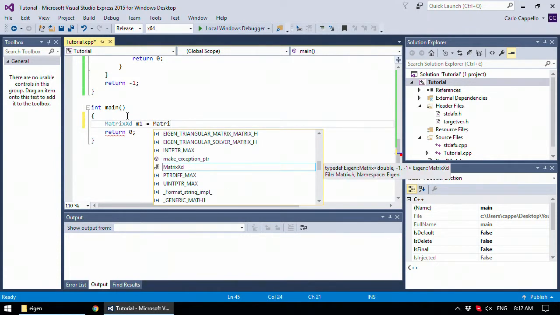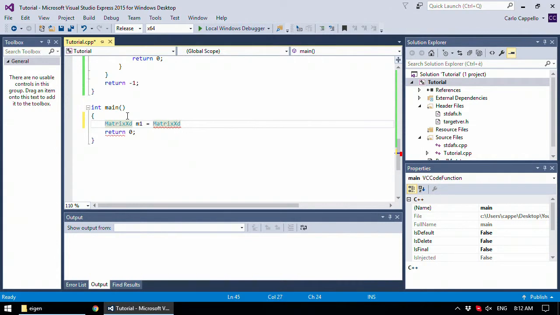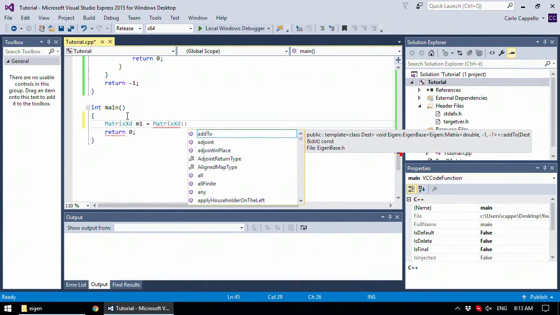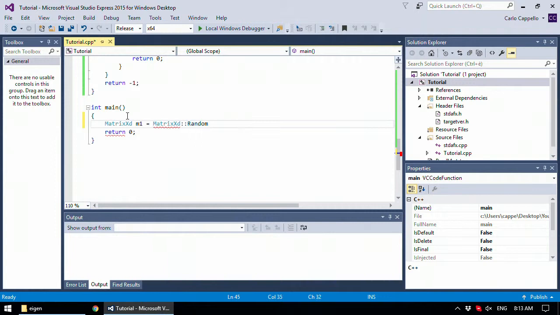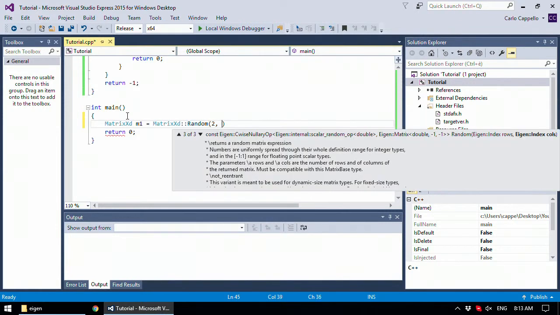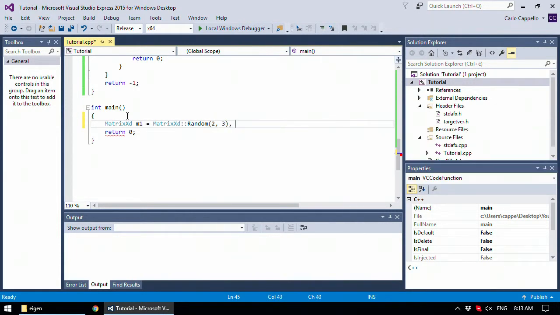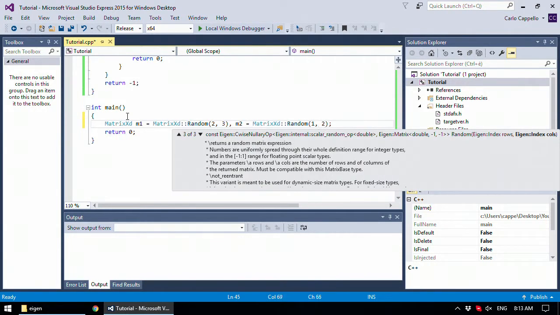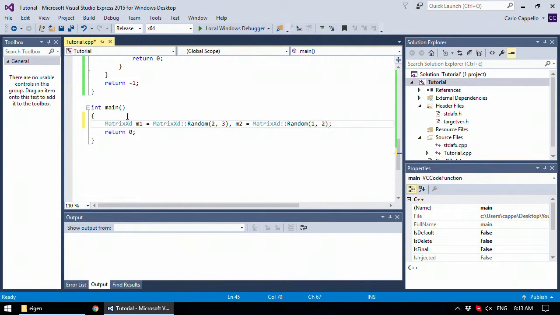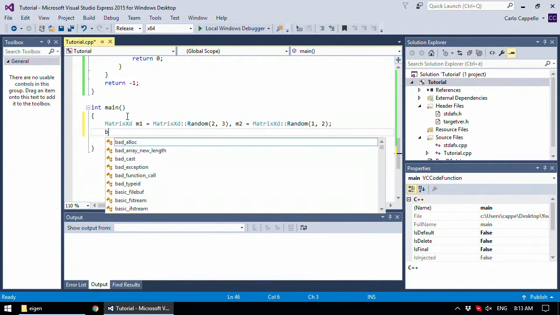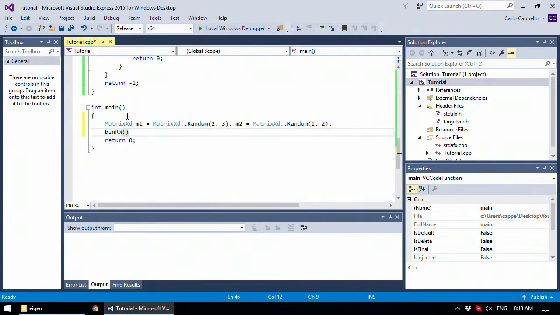M1 will be a random matrix of size 2 by 3, 2 rows, 3 columns, and another matrix M2 that will be a matrix of doubles, a random matrix of size 1 row 2 columns. Okay, at this point I can simply call my function,